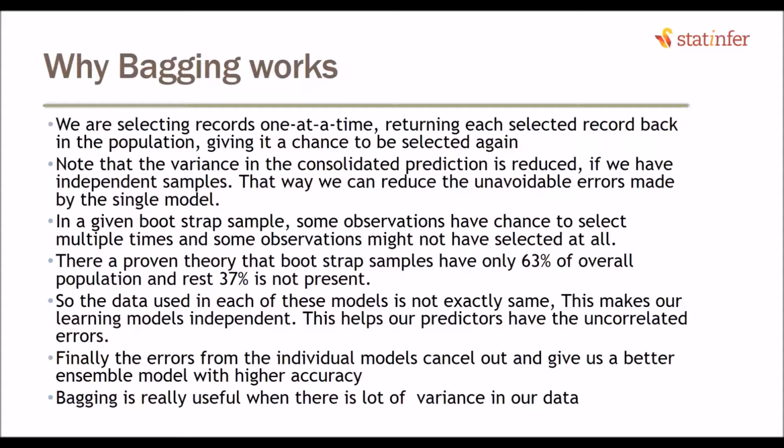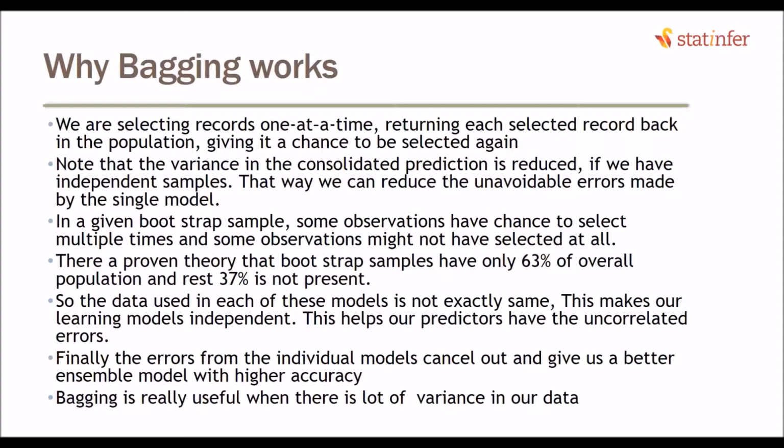I built model M1 on one data set, M2 on a different data set. Again, they are sampled from the real population, the original population that we are taking from. So the models are fairly independent. Once the models are independent and are finally aggregated, we get a better model. The errors from individual models cancel out and give a better model, that is the ensemble model